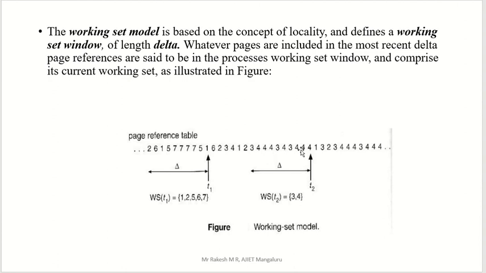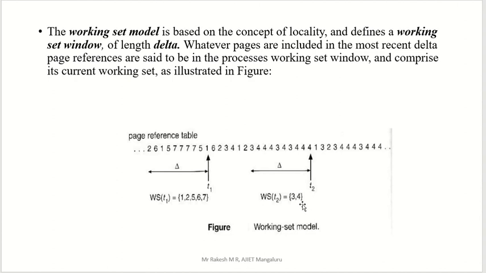Then here 3 is also repeatedly asked in this window, from here to here. So only 2 pages are asked by the CPU in this length, 3 and 4. So you can assume that only 2 frames are required in your main memory to store this 3 and 4. Just add this one and this one: total 5 plus 2, that is 7. So in these 2 windows we got only 7 frames required in the main memory to store this.